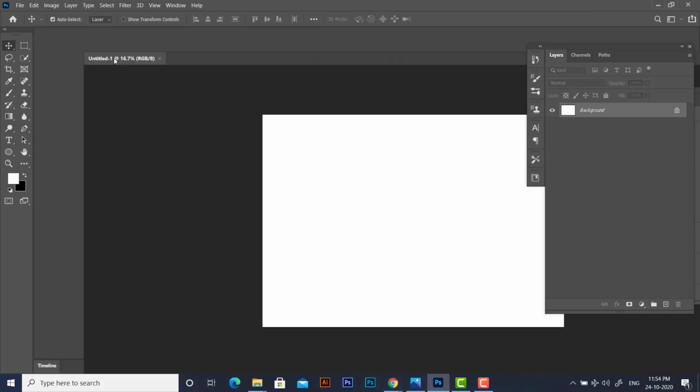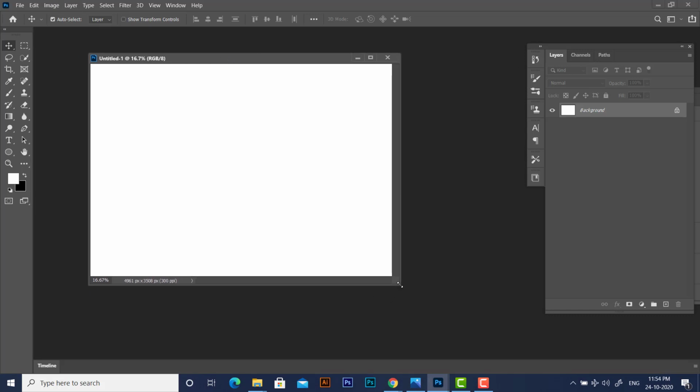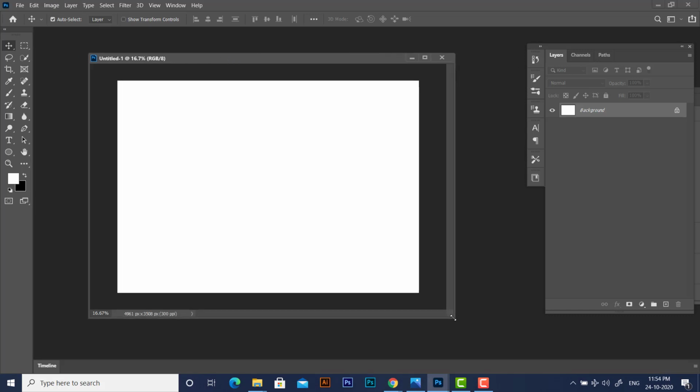So once the document is created, our first task is to create a background. The background actually gives a better look to the text. If you create a text on a white background or a plain color background, it is not going to look that attractive. So the best thing we can do is create a nice gradient background, so you can get a better, attractive metallic look for the text. So first we are going to create a gradient background.